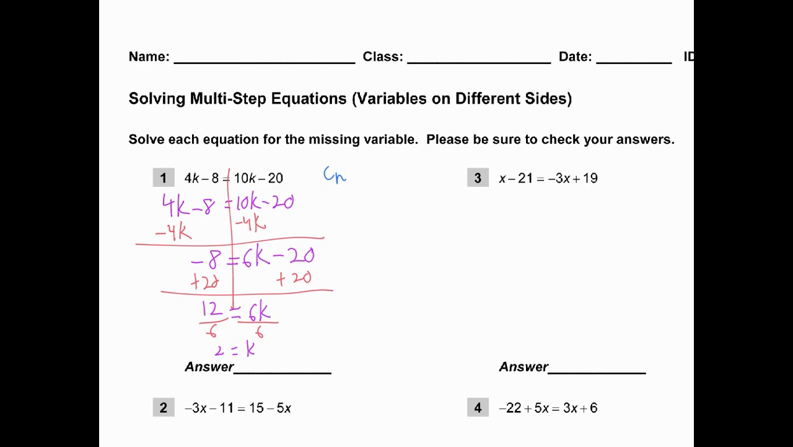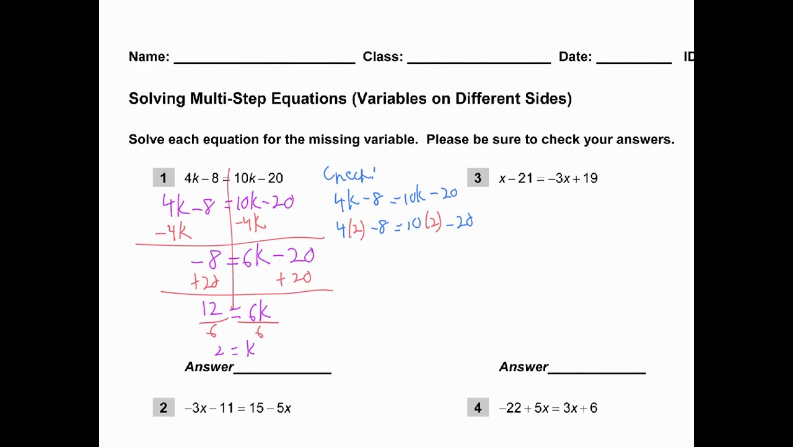So now we have to do the check. What we're going to do is rewrite the equation exactly the way they gave it to us. And we need to substitute. We need to replace the variables with our solution of 2. So I'm going to substitute the 2 in there for k. So we have 4 times 2 minus 8 equals 10 times 2